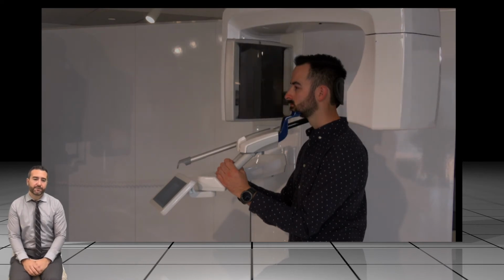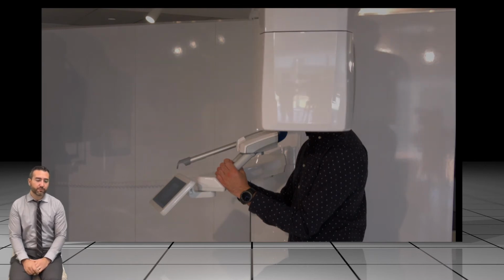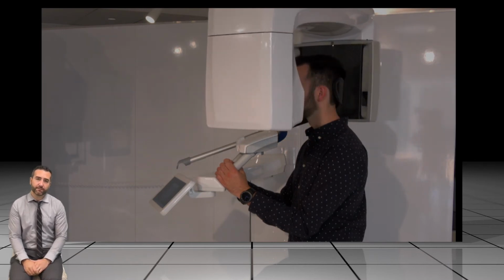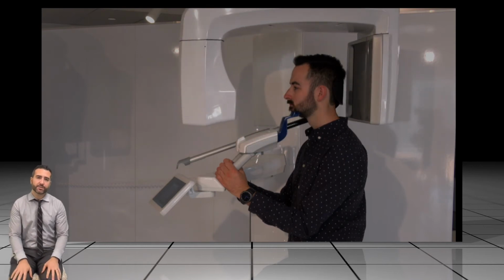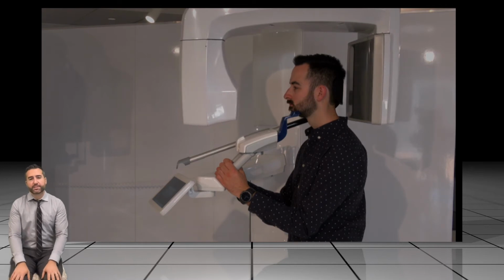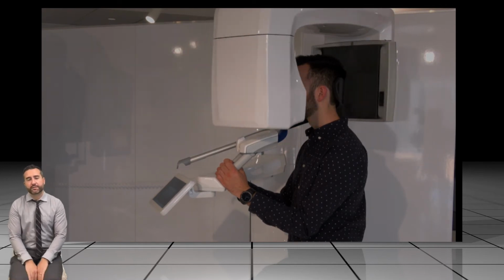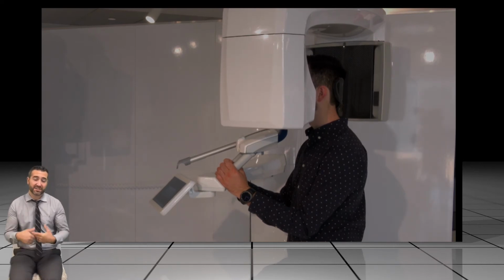So we have the ability now to do ultra low dose imaging that we would never have dreamed of 5-10 years ago. It's just standard of care to take 3D images now. We could take 3D images with less effective radiation than a pantograph. So there's no excuse anymore not to be able to do this. And there's just